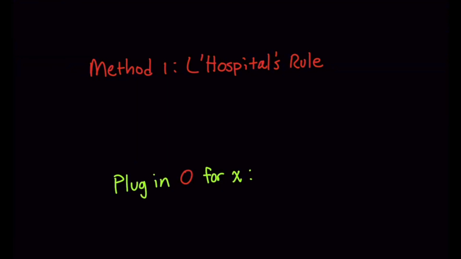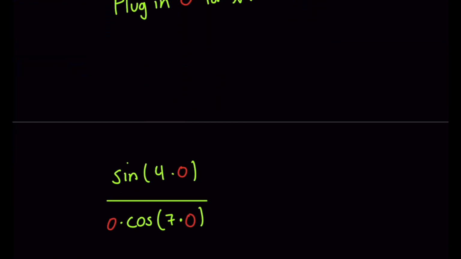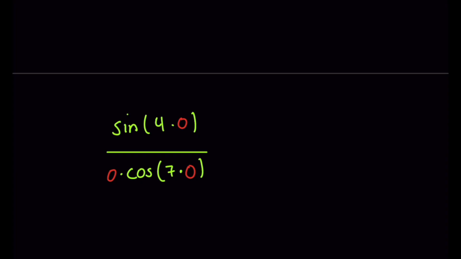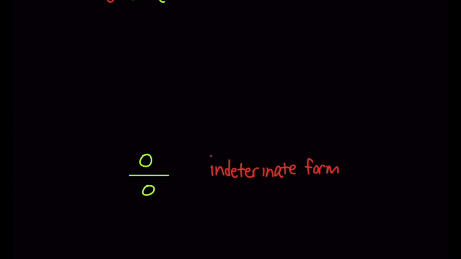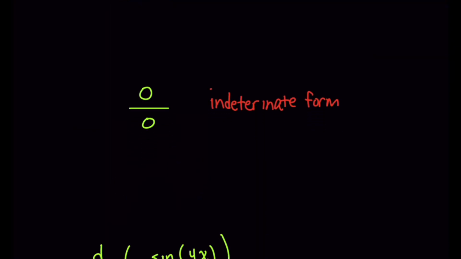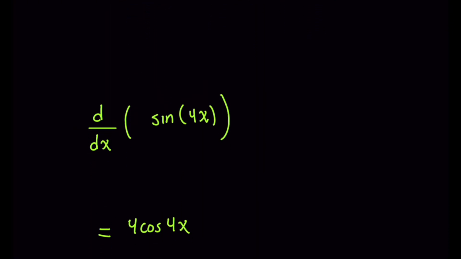You would plug in 0 for x wherever you see the variable in the original limit, and after you simplify this expression, you would get the indeterminate form 0 divided by 0, which tells you that yes, you can use L'Hopital's rule. Now hang on a second, because what you're going to notice now is taking the denominator and numerator's